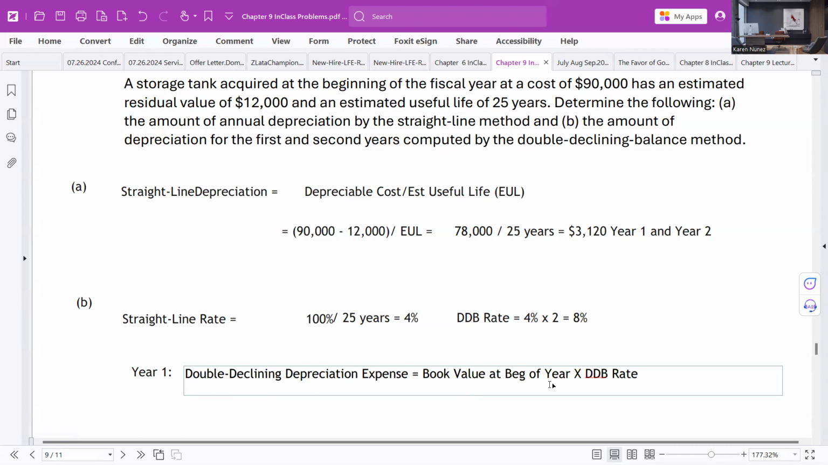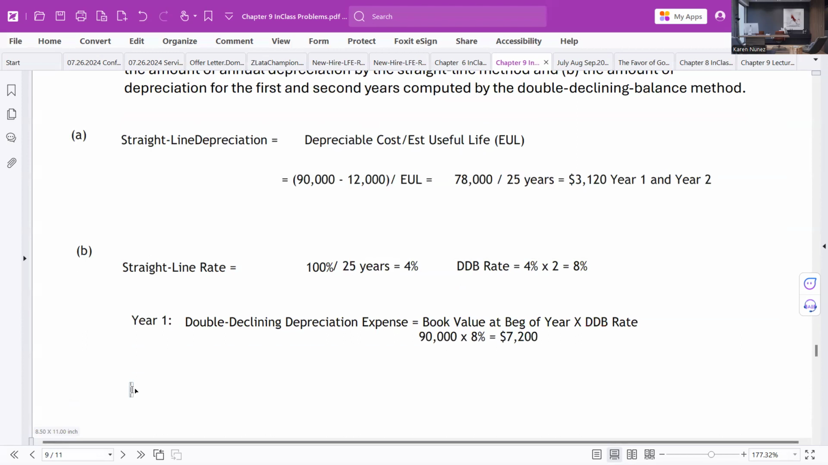And the book value of the asset at the beginning of the year is just the cost, right? We spent $90,000 on an asset that we're going to depreciate at an 8% rate. So the amount of depreciation that we need to recognize in year 1 is $7,200, right? It's the DDB rate of 8% times the book value at the beginning of the year. And then year 2,